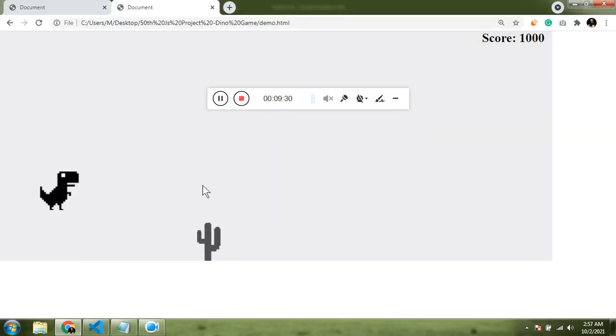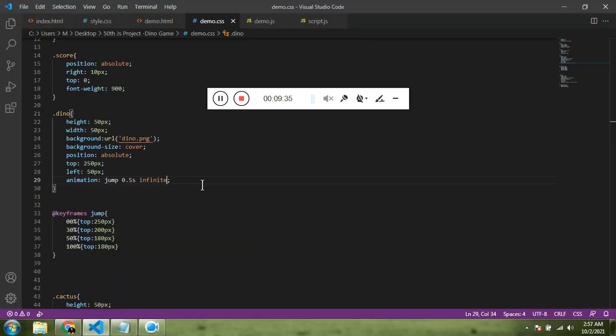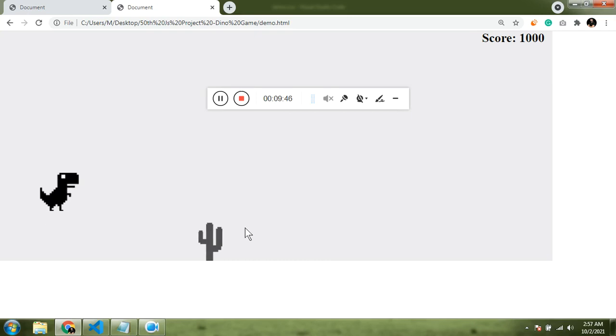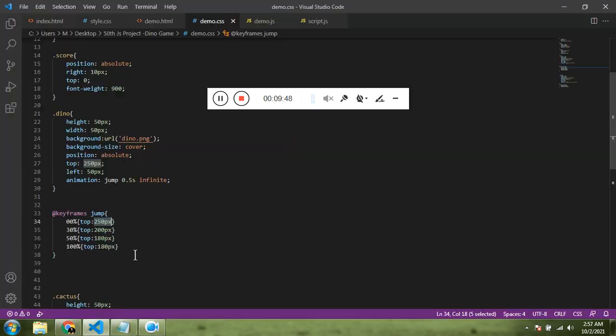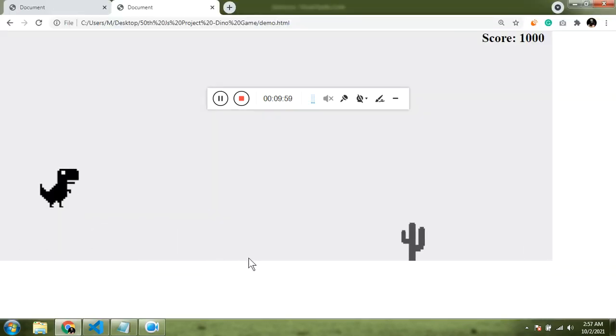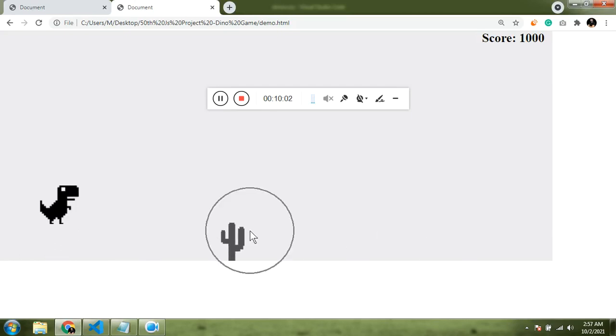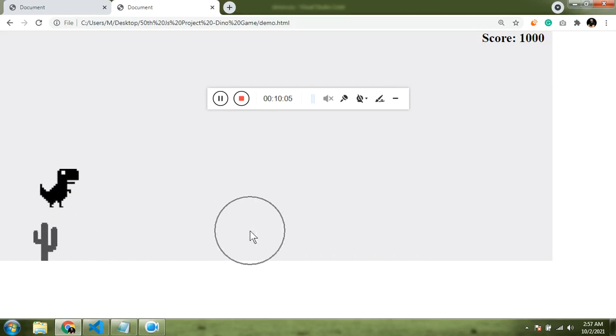refresh it, cool. Now what I want you to see is, at present on page load the top is going to be 250 pixels, so when we have the top of 250 pixel, the feet of the dinosaur are going to touch the div. So now if it is 200, it is going to be slightly above the bottom position. If it is 180, again it is going to be slightly above, if you notice there, slightly above the game div. So that is what it is doing.